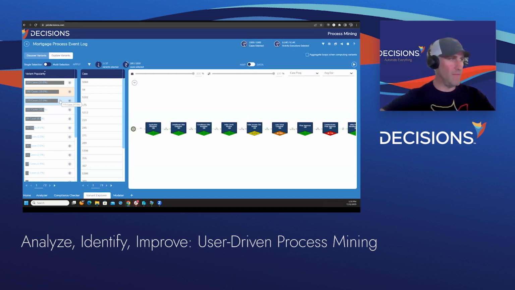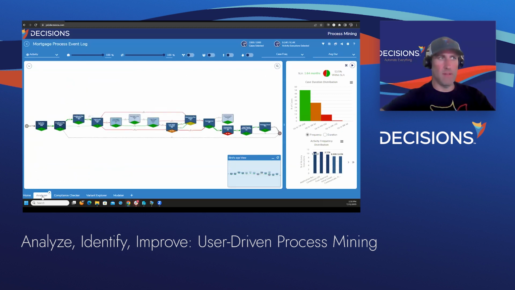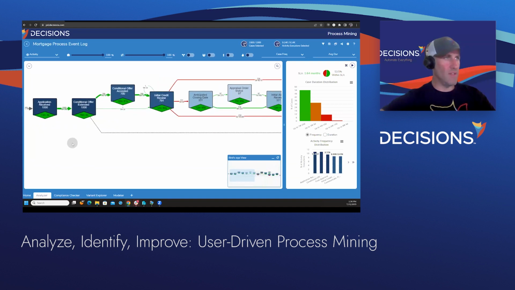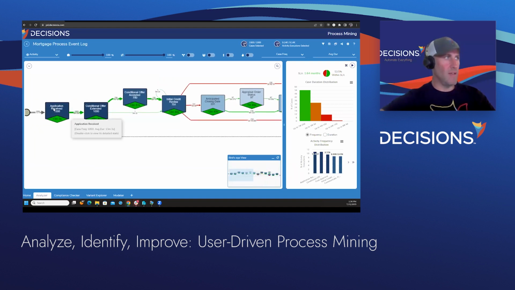Okay. And then finally, what I want to touch on, and I probably could spend a good two to three hours in this visual analyzer, because there's a lot to see and a lot of different activities. But very visually, we can see those same activities. And again, the activity name on the top, the number of cases, or the mortgages, that have gone through each of these activities is this number in the middle.